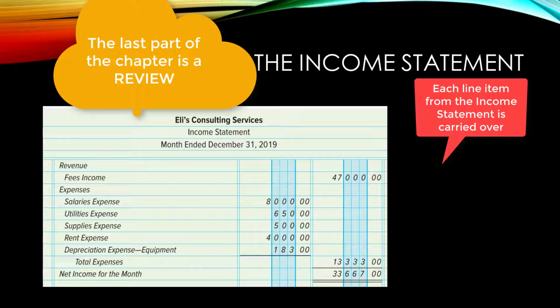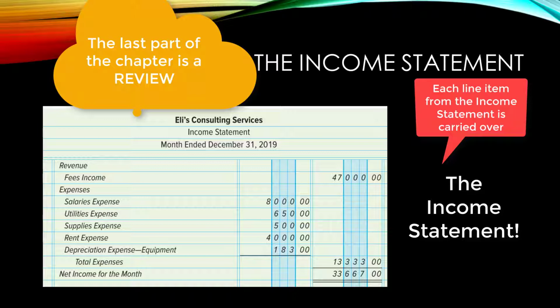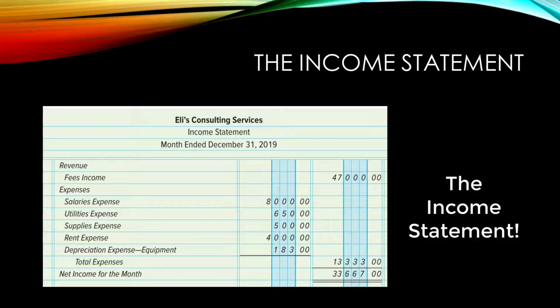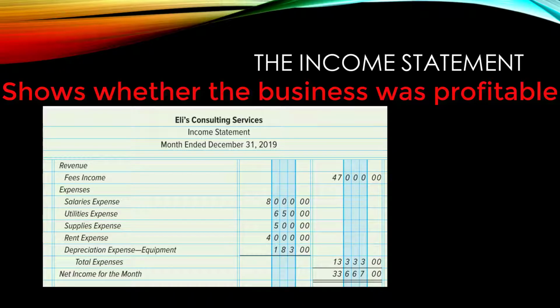The last part of the chapter is a review. Let's see how well you remember the 3 financial statements. Notice that each line from the income statement columns of the worksheet are carried over to the formal income statement. Once again, the income statement shows the revenues and the expenses and the resulting net income or net loss. The purpose of the income statement is to show whether the business was profitable or not. In this case, for the month ended December 31st, the company brought in a profit of